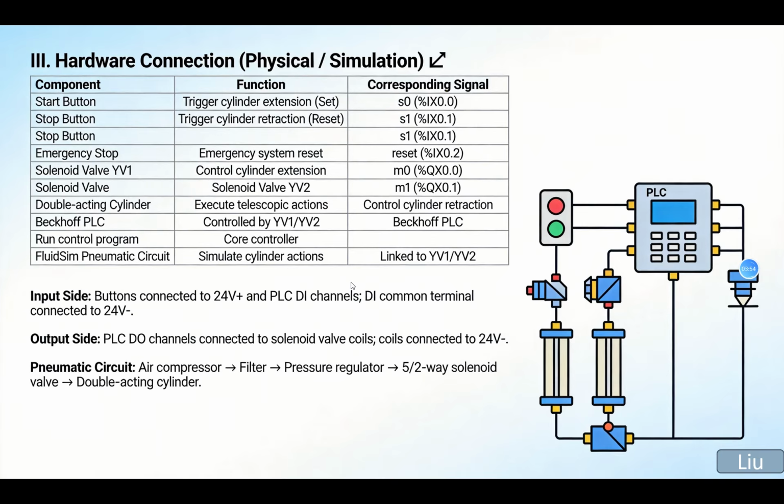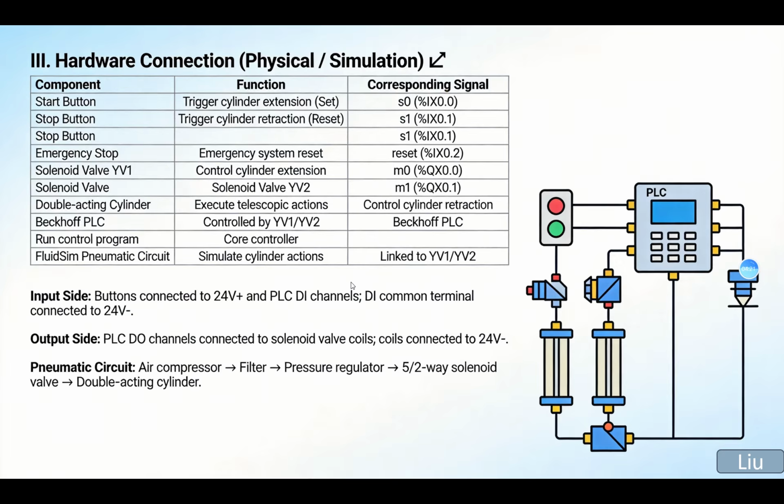Then the emergency stop to the emergency system reset. Input side buttons connect to the 24 volts and the PLC DI channels. The DI common terminal connects to the 24 volts, and the output side PLC DO channels connect to the solenoid valve